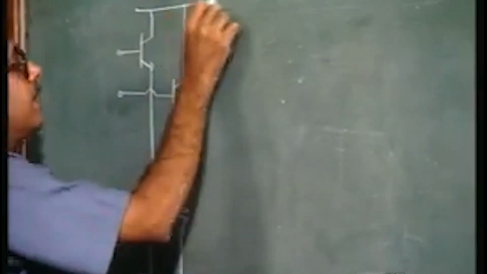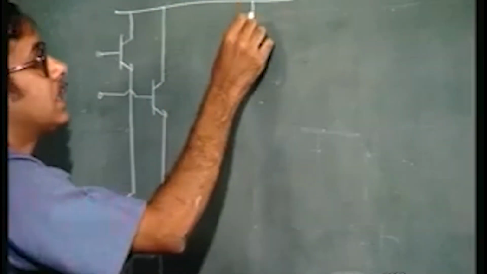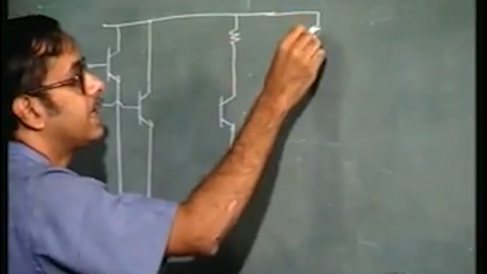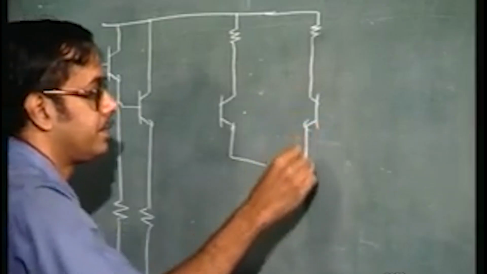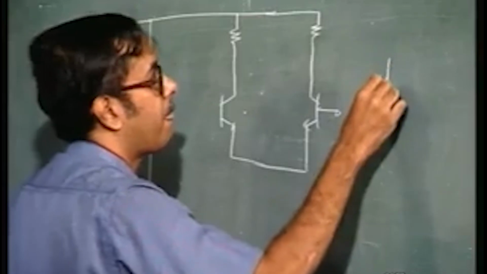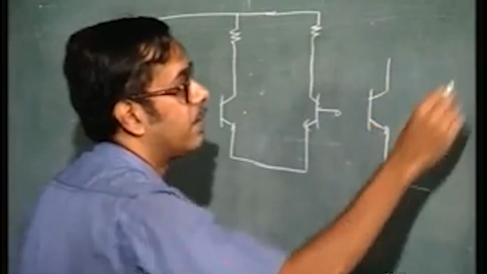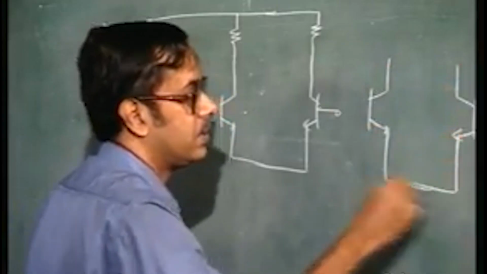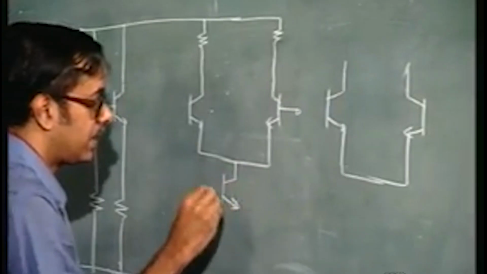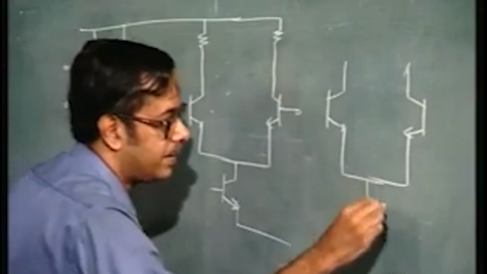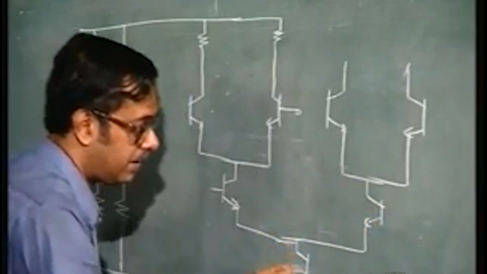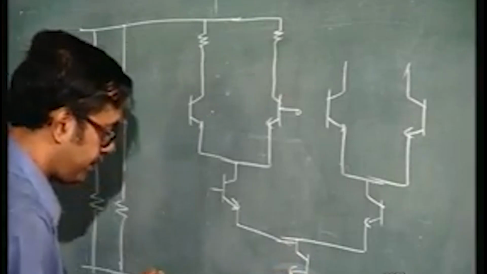So, this is the standard D flip flop circuit using stacked ECL gates. So, you have two sets of emitter coupled transistors, and here in the lower stack you have another emitter coupled structure, and here you have a current source,